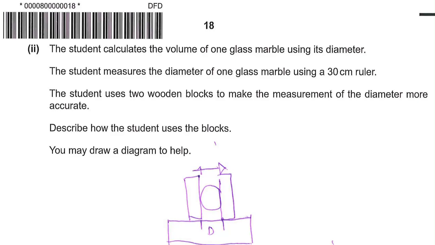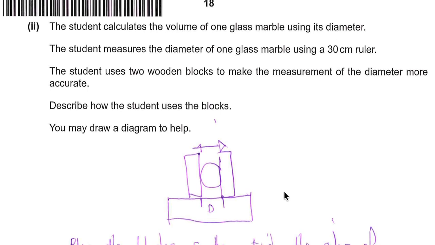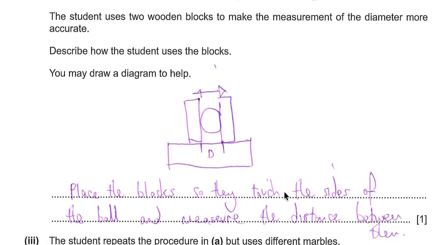Okay, we've got another standard question, which comes up a lot. We've got the student calculating the volume of a glass marble, and they want to measure the diameter. And we're going to use two wooden blocks. Now, why do they use two wooden blocks? Well, they do the approach that you can see here. Basically place the blocks so they touch the sides of the marble, and then use that to measure the distance